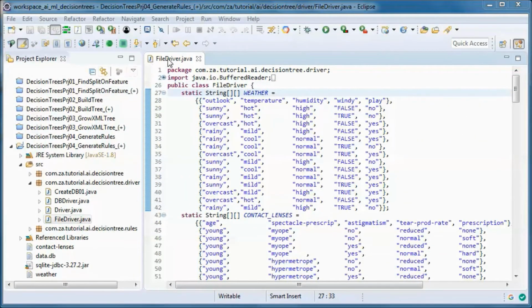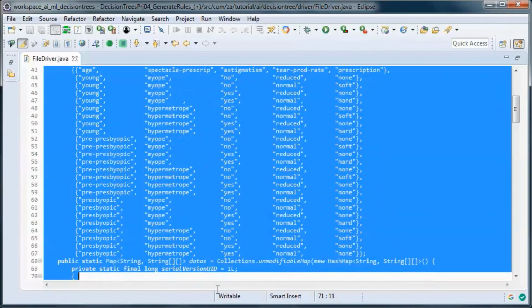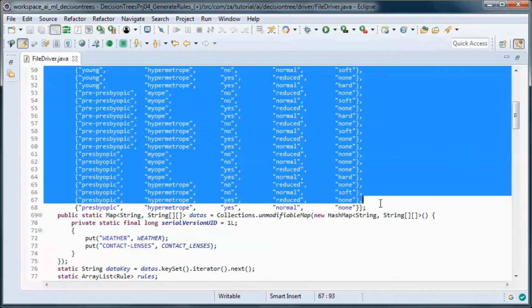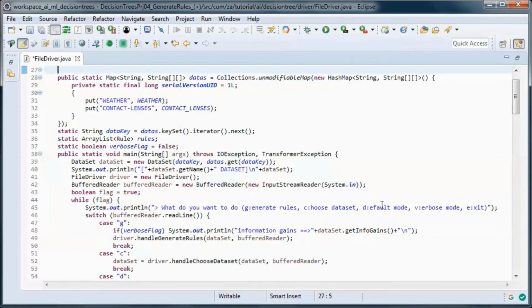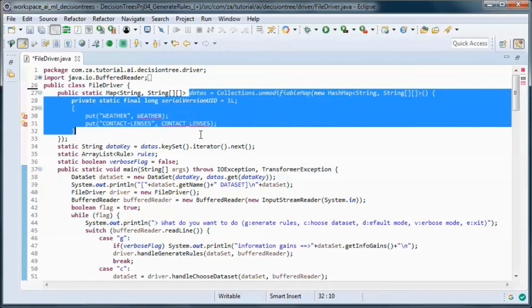And since we will be picking up the data from files, let's remove this and copy this one.